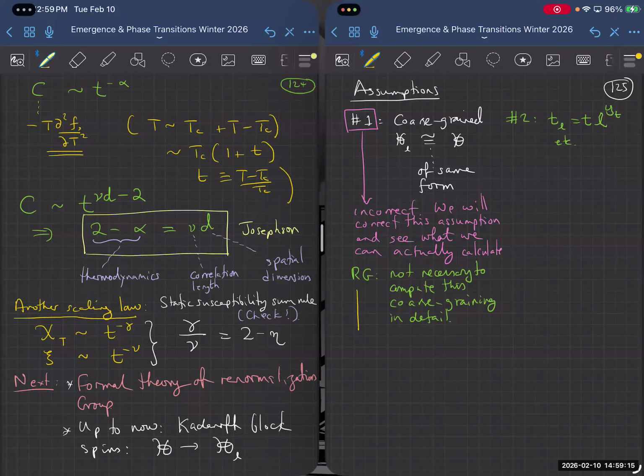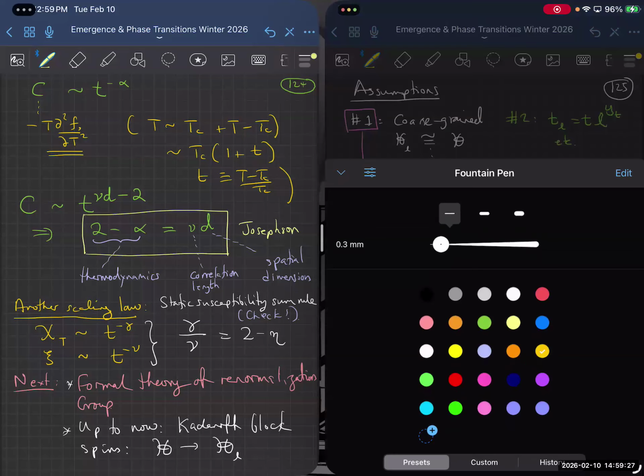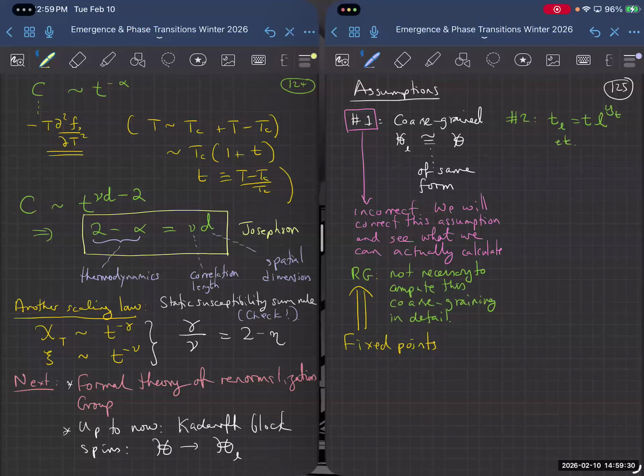the new thing that we're going to be introducing in here is the idea of fixed points. And so that's what I'm going to be talking about very, very shortly. So that's the first assumption. The second assumption, this one over here, as we will see, is actually correct. So this does work, and it explains the scaling laws that we've talked about, but it doesn't compute what the YT is. So it is correct,